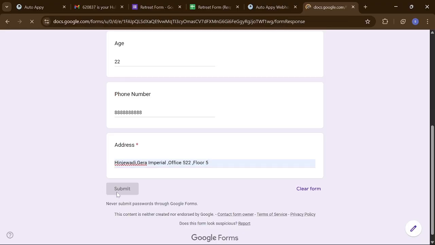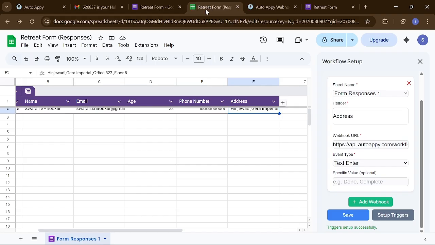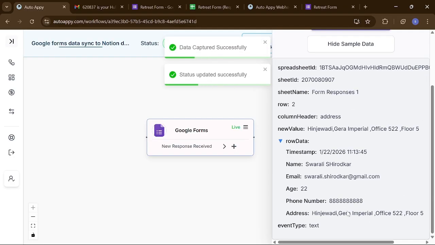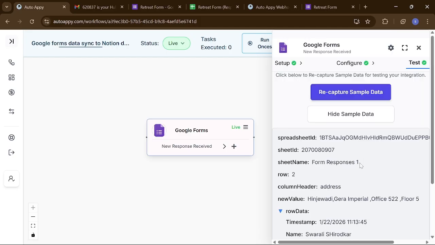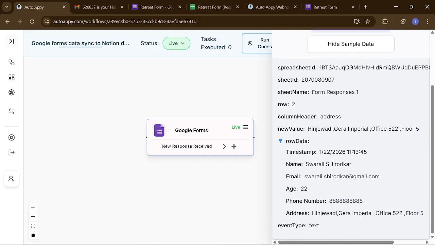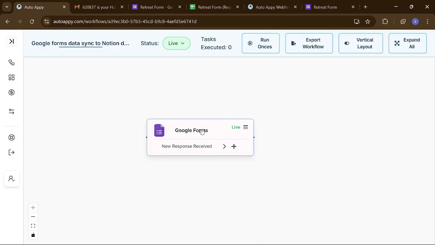I'll say submit. So here you can see that in the form the data must have already been entered, and then if we come back to AutoAPI, we'll wait for some time and say check status. So here you can see that we have successfully captured the data. So now let's just close this and perform a final